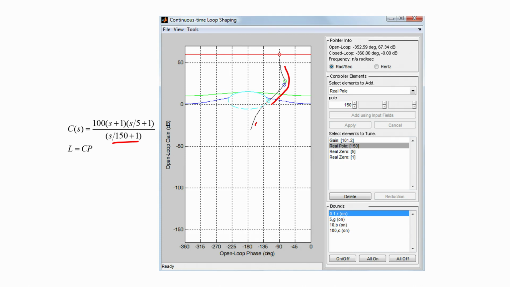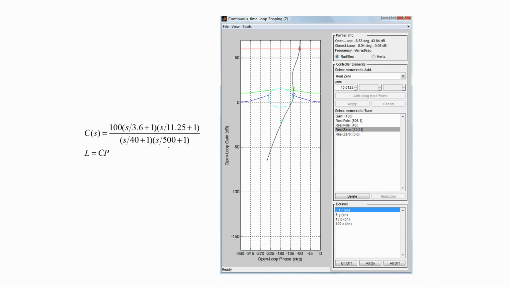But still, adding a single pole for the controller does not make the controller transfer function completely causal, because the numerator is of degree 2, we have to add one more pole, and since far away poles do not significantly affect the magnitude or phase characteristics at lesser frequencies, we choose to add a second pole at 500 radians per second, and we fine tune the position of the first pole. We initially had placed it at 150 radians per second, and the software here allows us to interactively change its position in order to fine tune the loop shape.